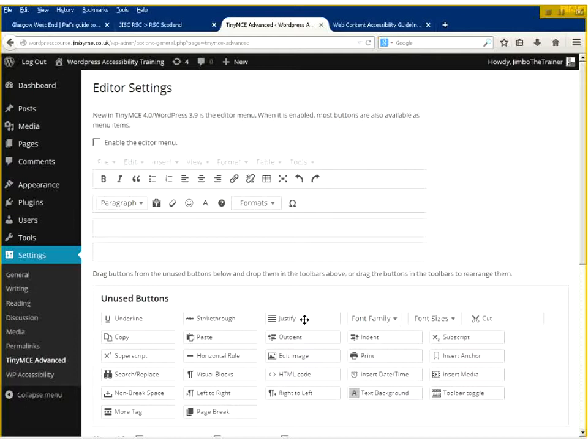And what Justify does is it lines up straight edges on all the text, which happens to be one of the most inaccessible ways of reading text on a web page, if both sides are justified. It's much easier to read a page when it's justified to the left. So taking that off just prevents folk from thinking, oh, I think I'll justify this, it looks quite nice. So get rid of it because it doesn't look nice at all. Well, it might look nice, but it's not accessible.